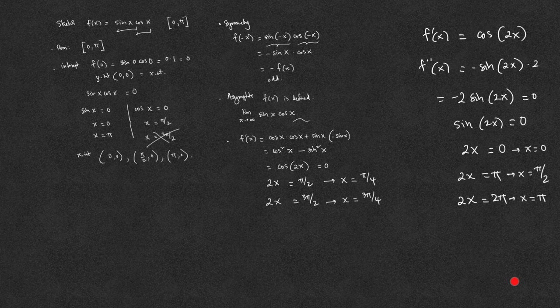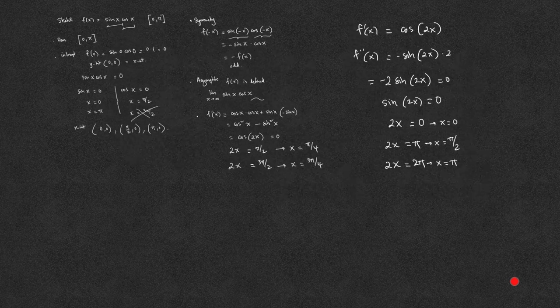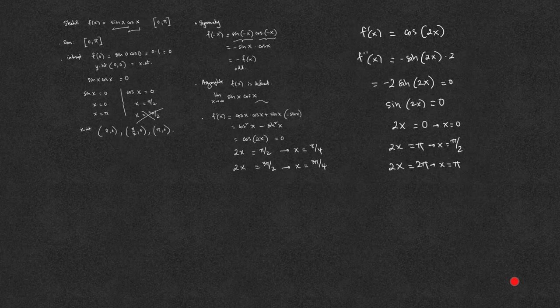Armed with these cut points, we now construct the sign chart for f prime and f double prime. For f prime, the cut points are pi over 4 and 3 pi over 4. Pi over 4 is between 0 and pi over 2, and 3 pi over 4 is between pi over 2 and pi. We then pick any number between 0 and pi over 4 and plug it into the first derivative,